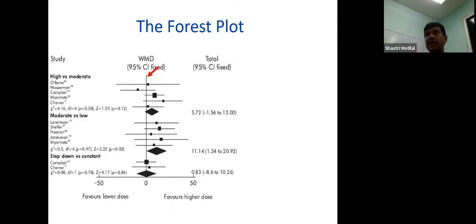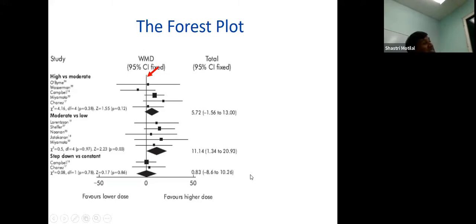So it's not too surprising to see that the diamond, guess what the diamond is? The diamond represents the overall results of all these. What's the confidence interval? Plus 1.5 to 13. Does that include the value 0? You don't need to look at the numbers to know if it includes the value 0. You just have to look at the graphic. You see it crossing the line. Once it crosses or touches this line, it's non-significant. This one, does it include the value 0? For sure, 0 smack in the middle, right?